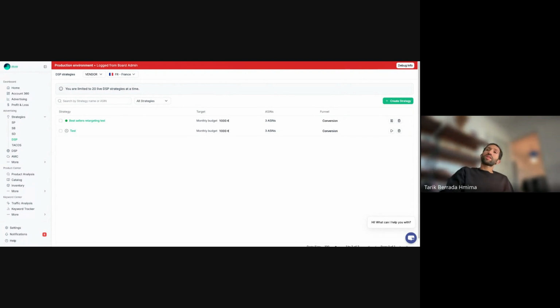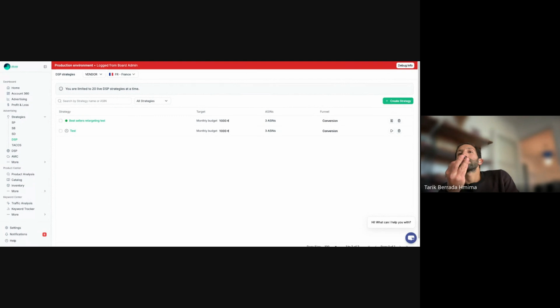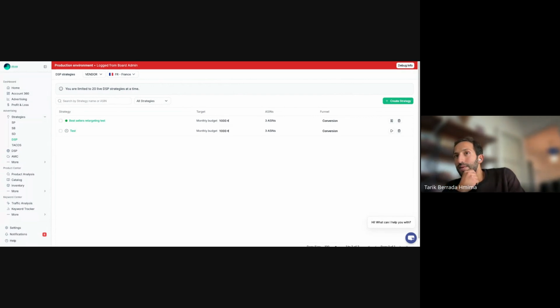So I would go with one category, let's say protein bars, and do 3 strategies. One that is pure retargeting, excluding buyers. One that is a reactivation, all the buyers that are dormant. And the last one in-market that are not buyers from my brand. This is how I would test it.